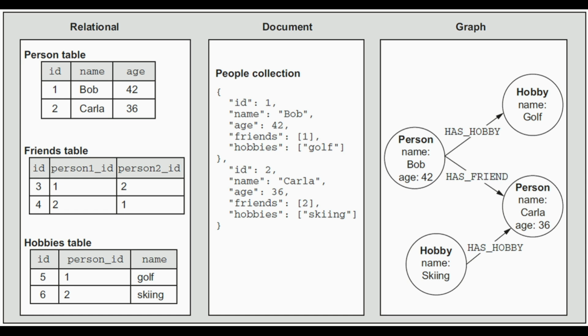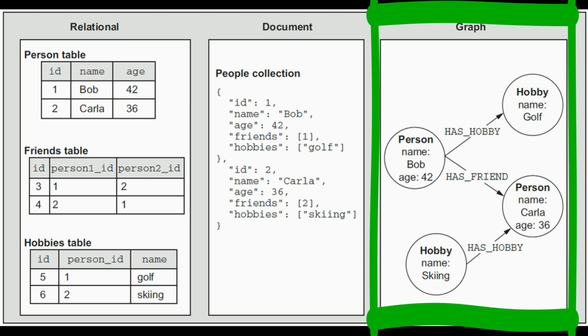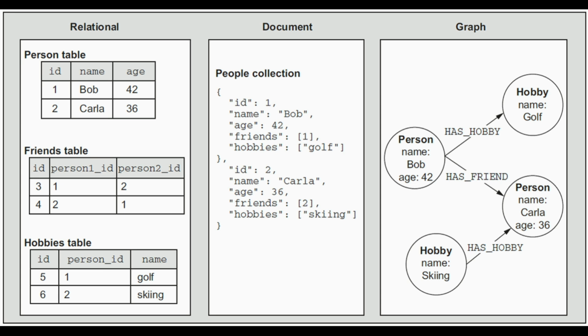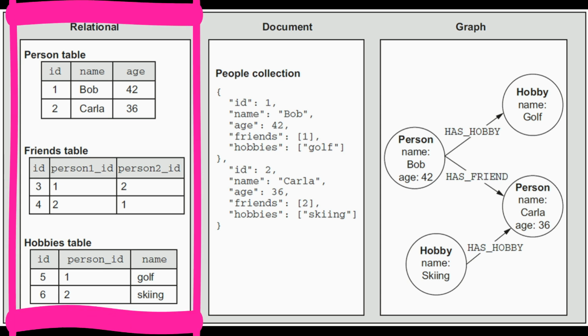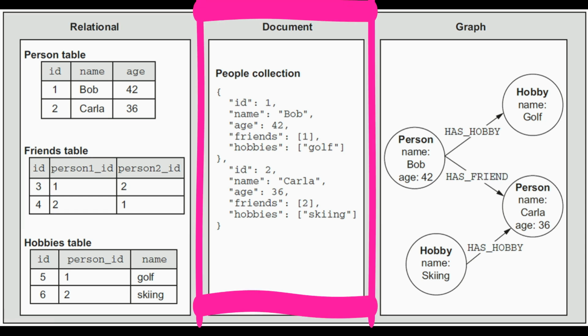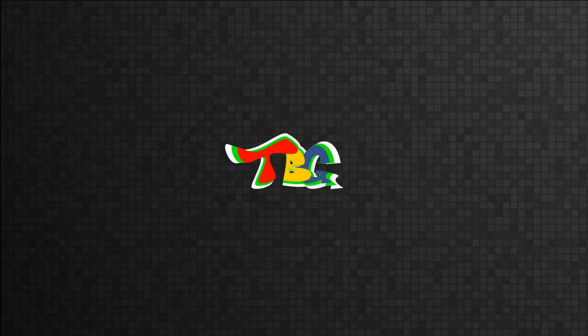Unlike other databases that use tables or documents to model data, graph databases like Neo4j model, store, and allow the user to query data as a graph. In a graph, nodes are the entities, and relationships connect them. In a relational database, we represent relationships with foreign keys and join tables. In a document database, we reference other entities using ID or even denormalizing and embedding other entities in a single document. The first step when working with a database is to determine the data model that will be used.